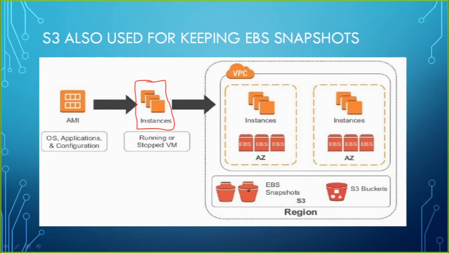So if you have any instance running, generally you will create the instance with the help of an AMI, Amazon Machine Image. By using an Amazon Machine Image, you create an instance. In the instance, you always have some EBS, some storage, connected, and you can take a snapshot of that EBS and store it in your S3 bucket. You know what the meaning of snapshot is, right? Snapshot means taking a kind of shot or snap of your hard disk condition, whatever your status is, whatever your operating system status is.